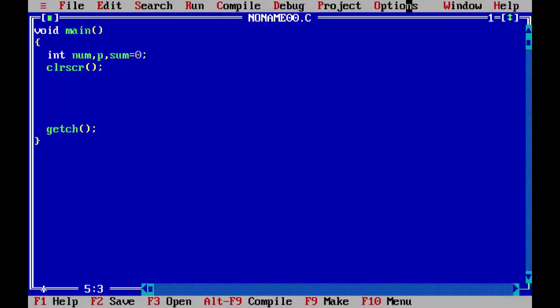Now I want to receive this number from the user, so from the user first enter any 4-digit number. Okay, by using scanf we can receive number from the user. It is in integer format, so %d format specification